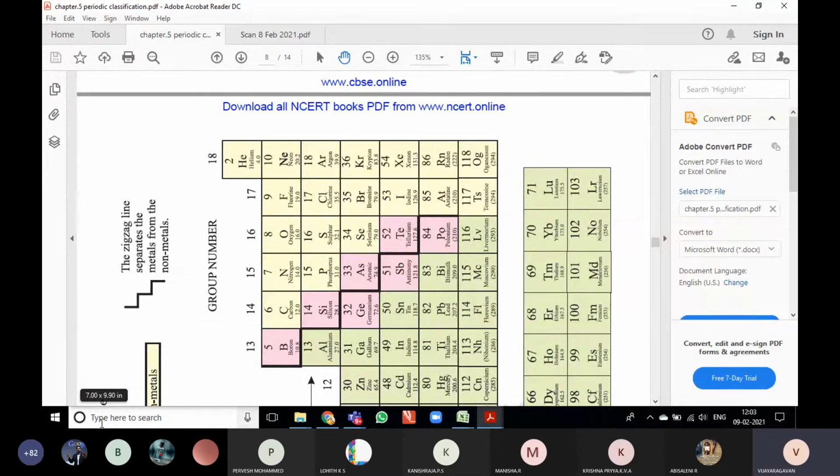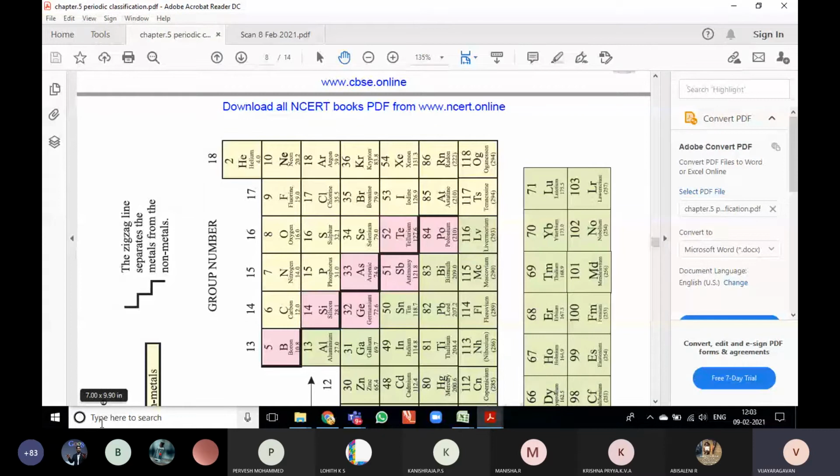The meaning: halogens are the elements that react with metals like calcium, sodium, silver, and potassium. All are metals. They react readily with metals and form a salt. These elements are producing salts, so they are called halogens.